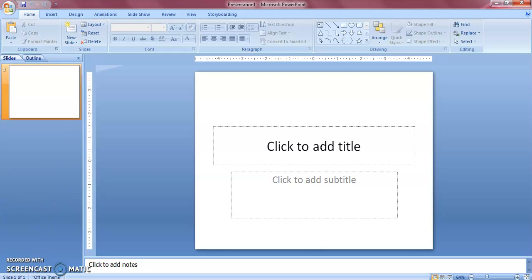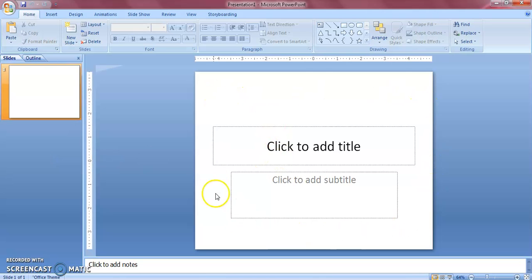This portion is called the Slides tab. Here are two tabs, one is Slides, another is Outline. The Slides tab displays the thumbnail view of all the entered slides. Now here is one slide. You can view at the bottom it says slide 1 of 1, where the last number is the total number of slides present in the presentation, and the first one is the slide number of the current slide. So here is only one slide now, so it displays 1 of 1. That means now there is only one slide in the presentation.